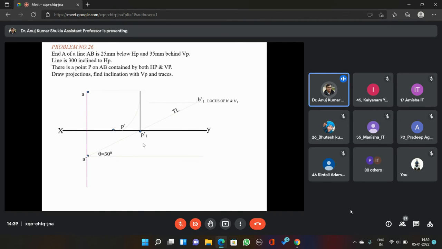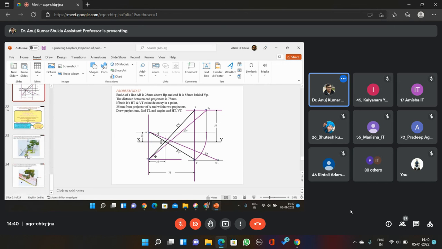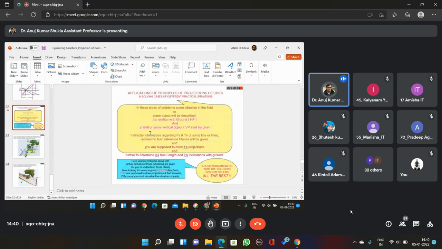The only thing is that you have to follow the procedure listed here as the standard procedure, or you can also follow your own procedure. If you understand in another way, you can follow it. But the final result should make you understand what it means and how you will get the result. So please use a projector for practicing it. I'm leaving these for you to practice, and then let us know if you face any difficulty. Problem 27, how many problems are there? Yes, this is the last problem.